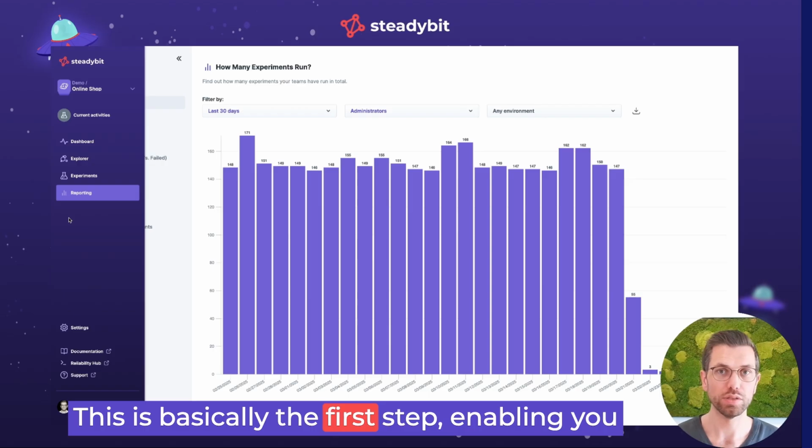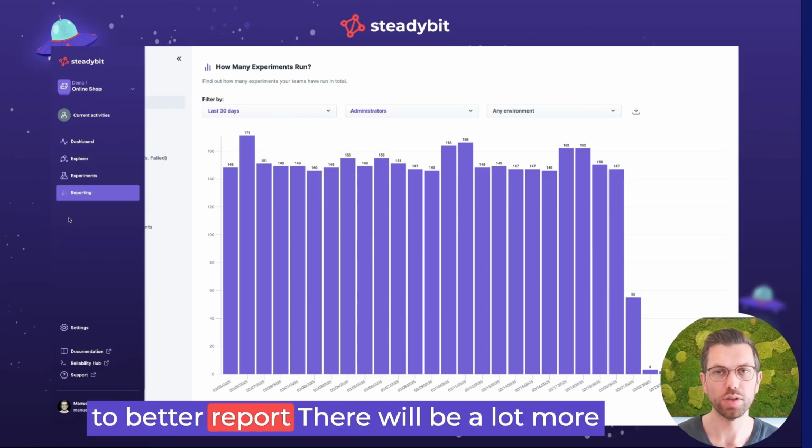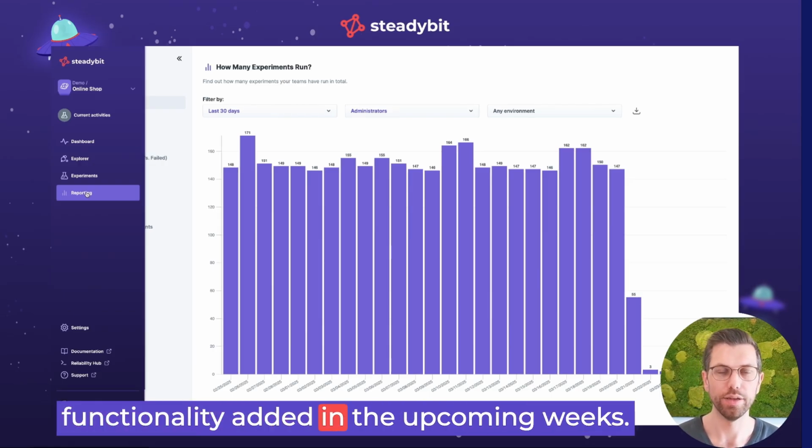This is basically the first step enabling you to better report. There will be a lot more functionality added in the upcoming weeks,